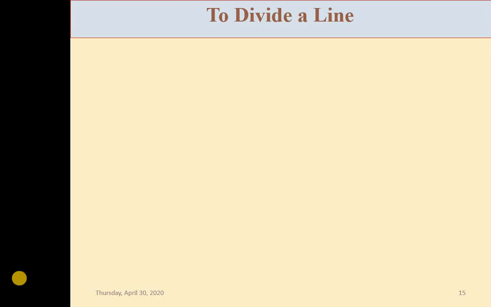Welcome to the construction of different geometrical objects. In this tutorial, we will learn how to divide a given line into equal parts. For example, if a line is given of a given length, how will it be divided